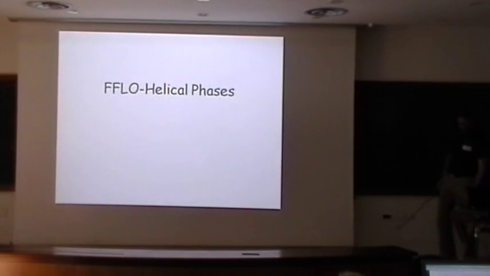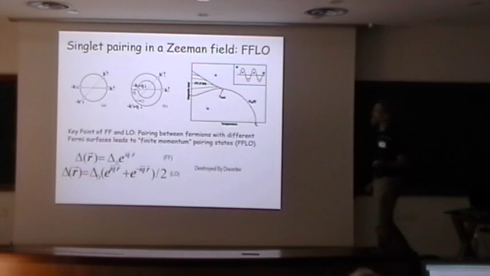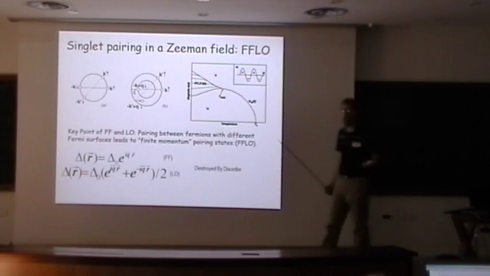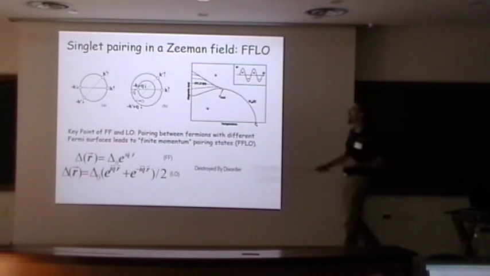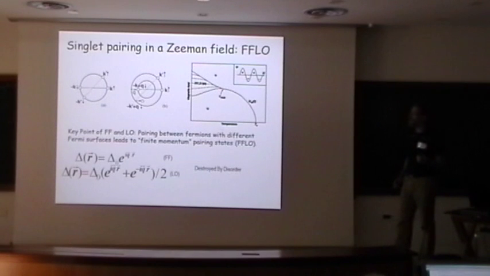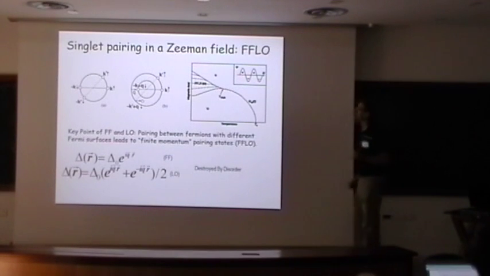All right. So now let's turn to today's problem, and that's with respect to Fulde-Ferrell-Larkin-Ovchinnikov phases and helical phases. It may be the case that many of you have not really seen these phases in much detail. They are named after Fulde, Ferrell, Larkin, and Ovchinnikov, who discovered them in, I think, the early 1960s.